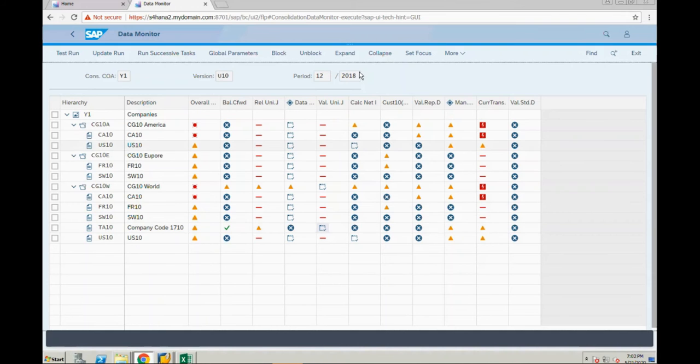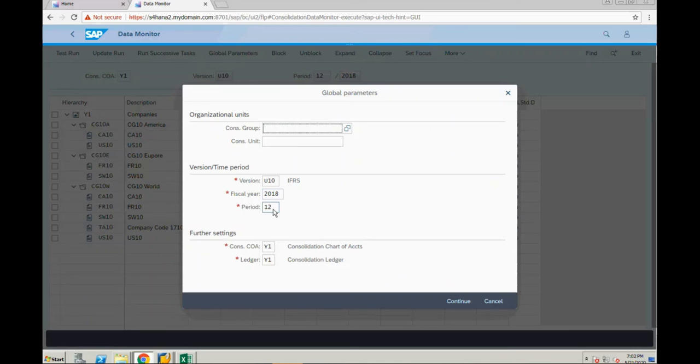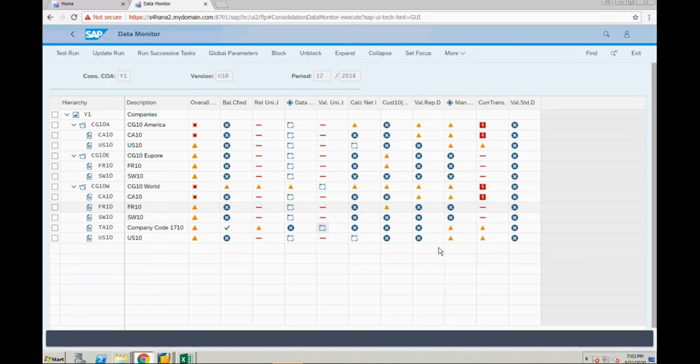But in my consolidation, I can have monthly, right? December, January, February, like that. So the system will calculate the net income and transfer it to the balance sheet net income account. The P&L net income it calculates and transfers to the balance sheet net income account.